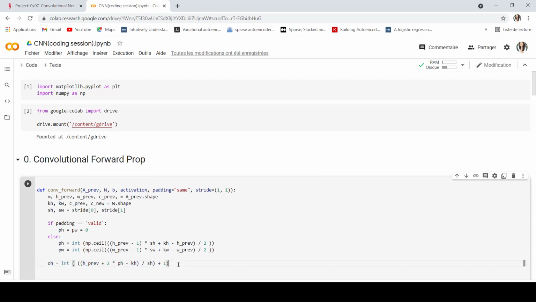The same thing is going to be for ow. So this is for the height, and this is for the width.